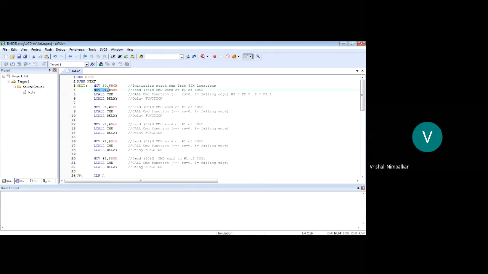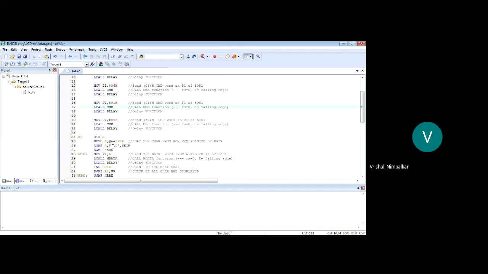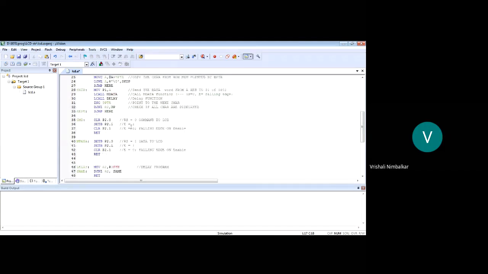So first command word 38, call command, call delay. Second command word 0E, call to initialize the control signals, wait for that certain time period. 06, initialize the signals, wait for certain time. Similarly, till we did wait for sending the character.